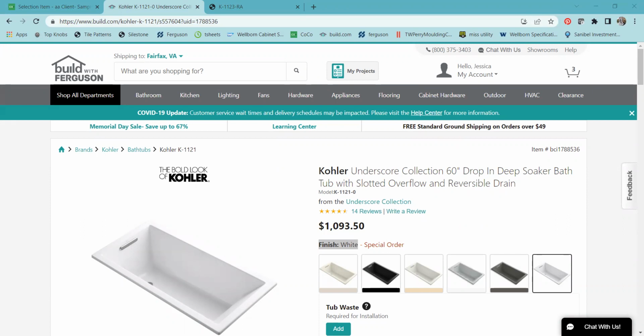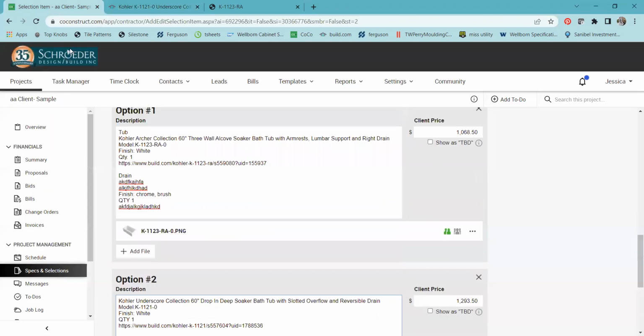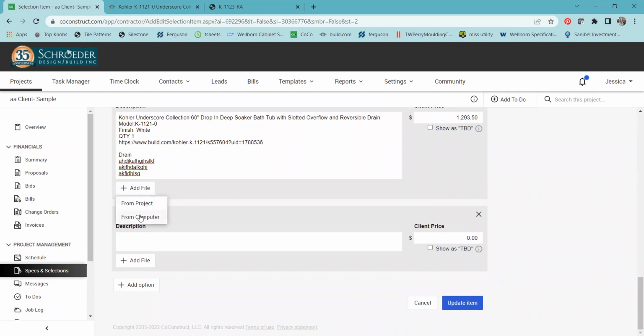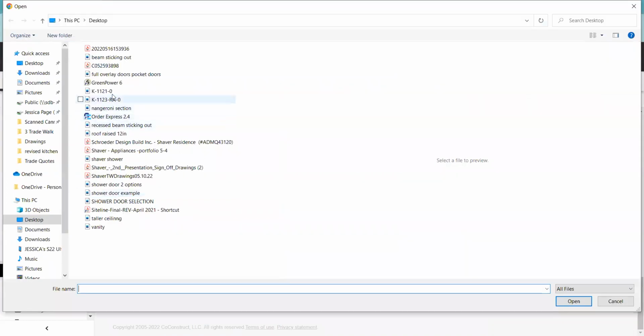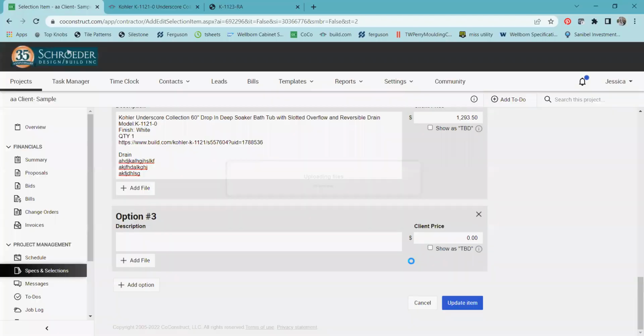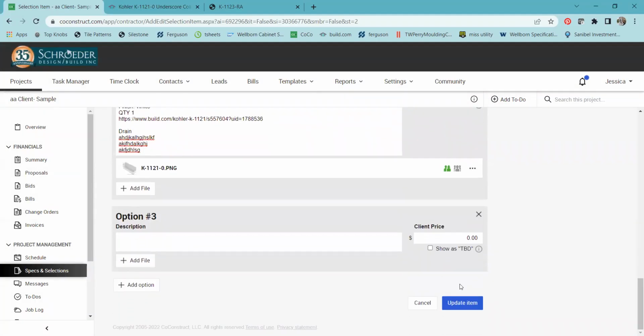Of course, you want to get the picture as nice as possible. Oops. Add a file. Open. Upload. So now when I click update item,